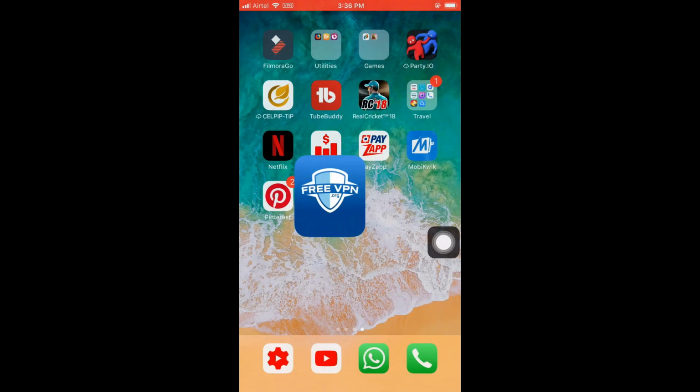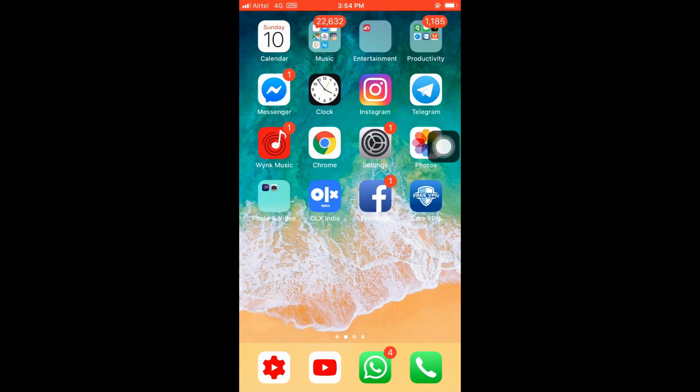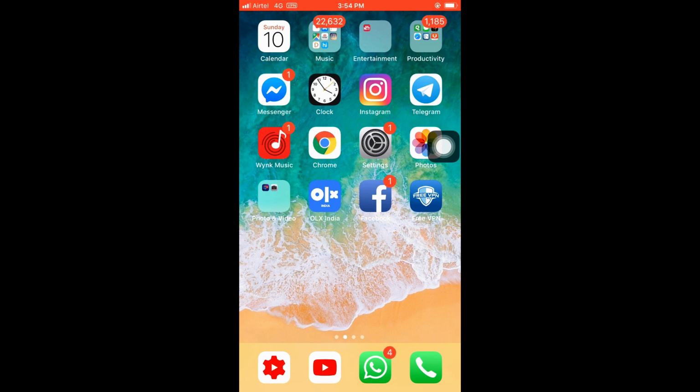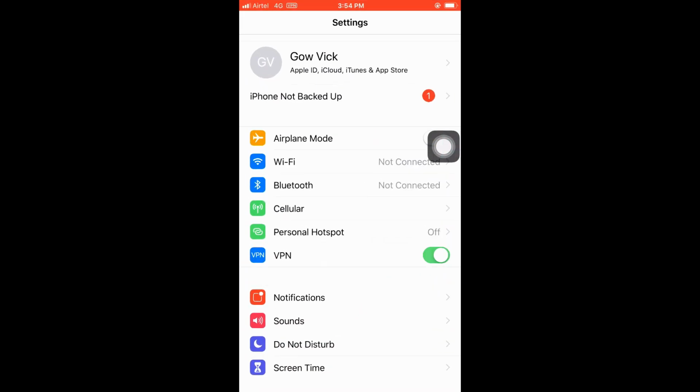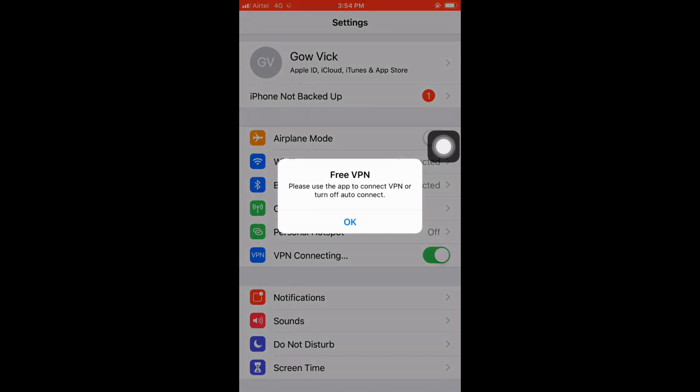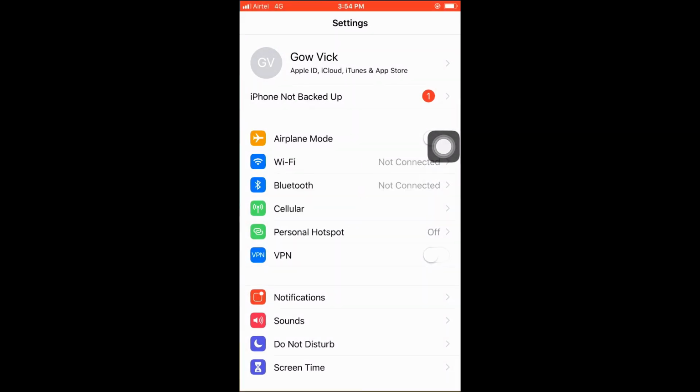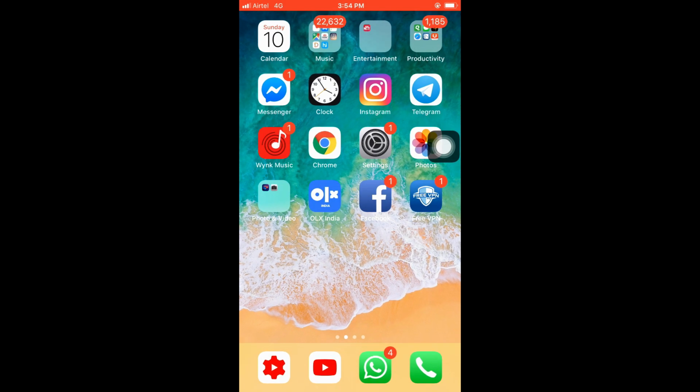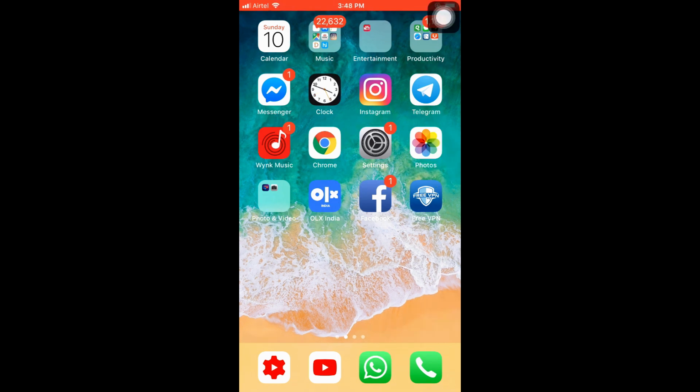Now you can access any website which is blocked in your country or in office. Also you can access any website by using this. You will get in VPN tab in settings. It will be on here. See, it is popped up with green tab, and you can also turn it off here in settings. You can just turn it off here, but you cannot turn on the app here. For turning it on,